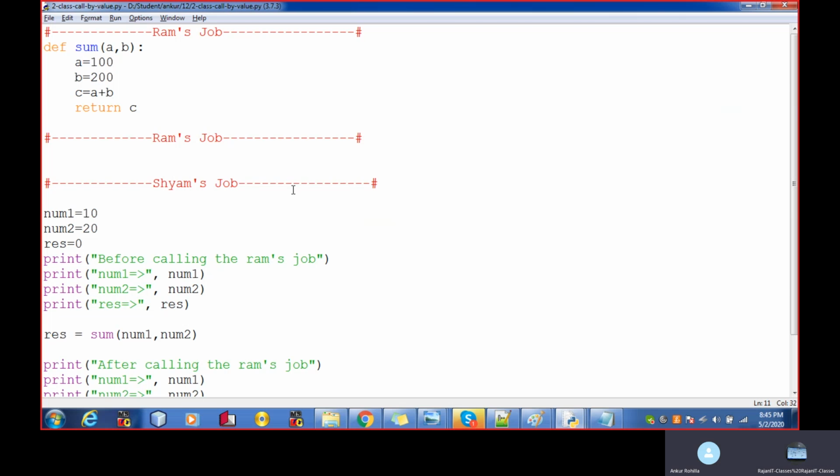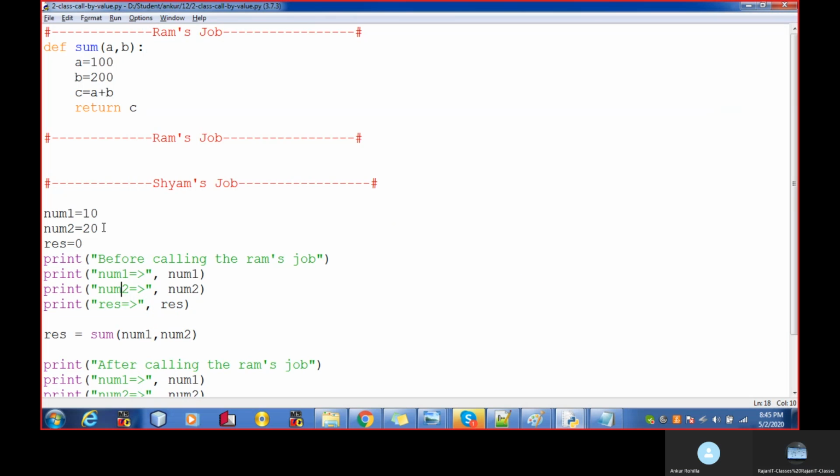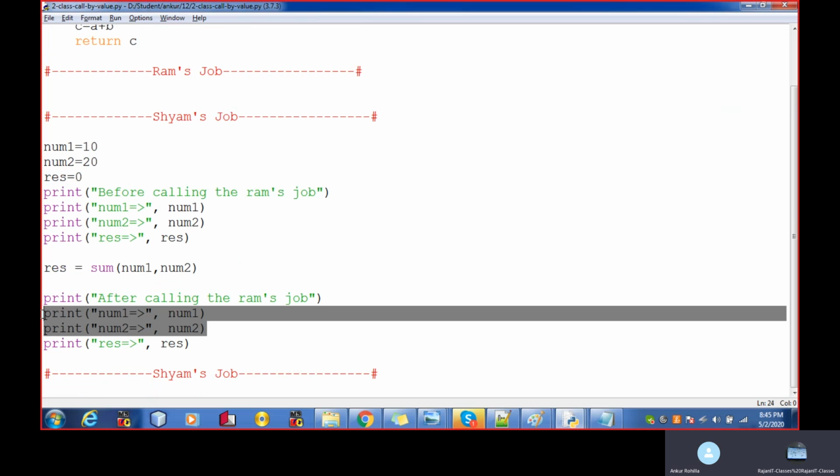Let's run the program. See? It means whatever information you have passed, that information is not changed. It is the same before calling the function as well as after calling the function.